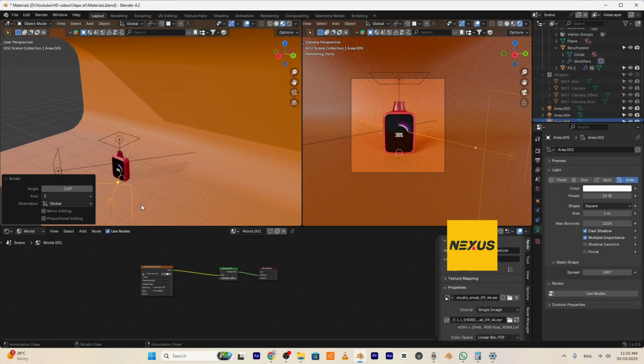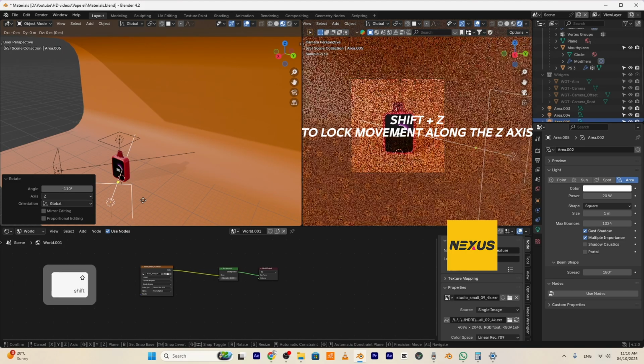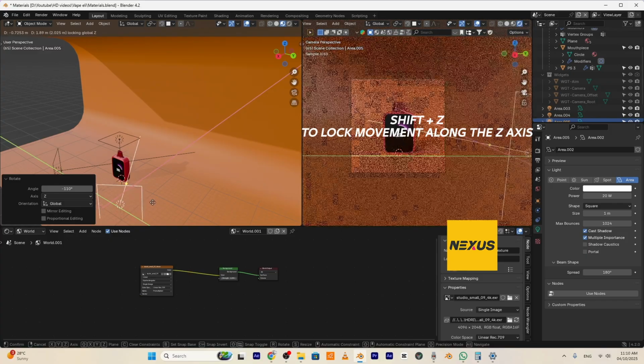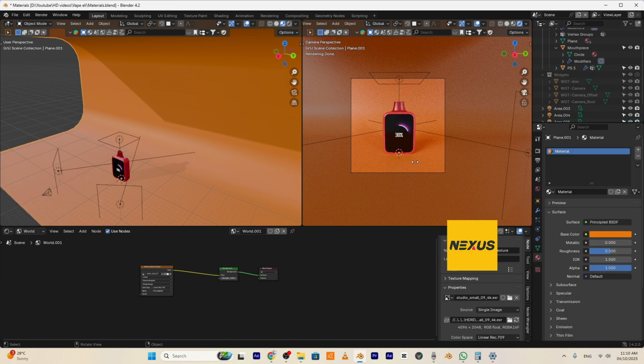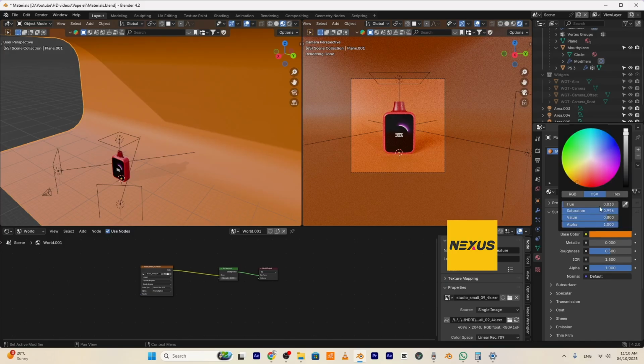Right now I will move it along Y and X axis, so press G, Shift Z. So I like that. Right now I will select the plane and maybe I will change the color to be something like